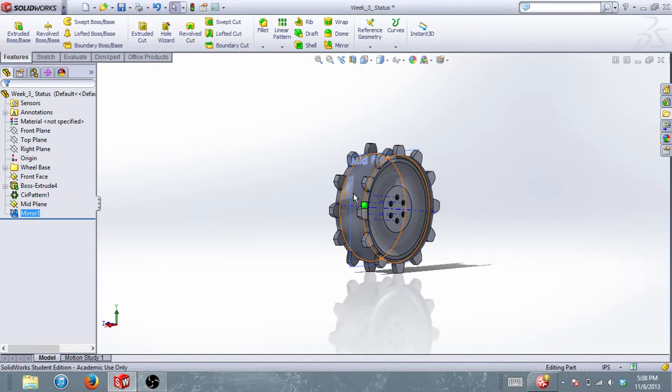Now, I keep throwing these little parts in here to get you guys to think about this stuff and how to use the tools. It's more important to learn how to use tools in any CAD program because you can take those exact tools to another CAD program. For example, Pro E has the exact same setup. The tools might be called a different name, but they do the exact same thing. So learning how to CAD is a very